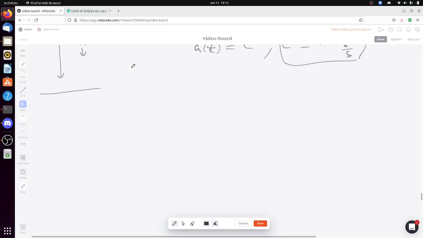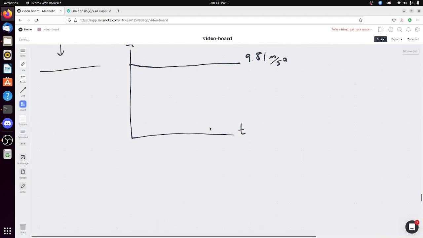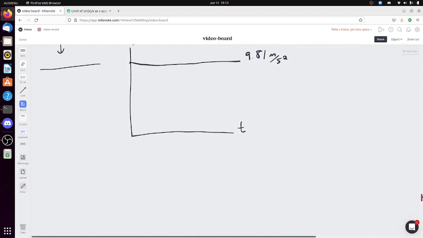Now, actually, let me just graph this first. So let's imagine this acceleration as a constant function. So this constant 9.81 meters per second squared. And the idea is, this is acceleration over time. We want to come up with a velocity graph. So if this is the acceleration over time,